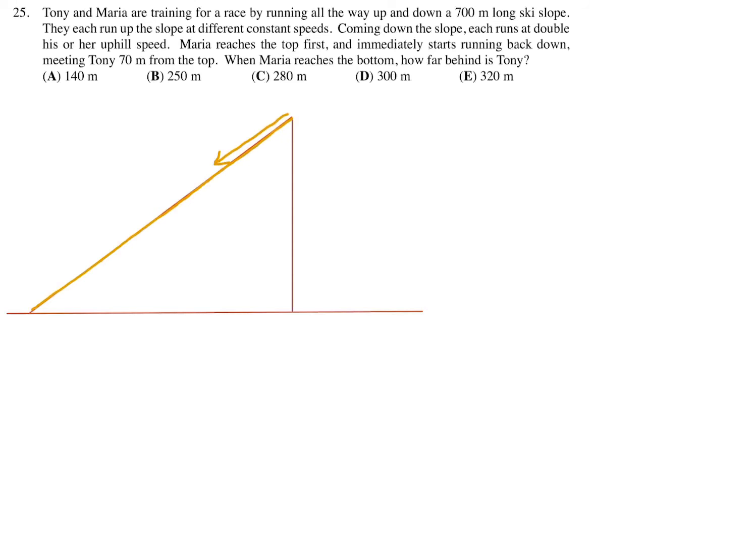Okay? And when she is right here, at this point, she catches up with Tony, and they've told you that that is 70 meters from the top, right there. They tell you that in the question. So Tony will have his path in green. He is going up the hill like that. And when he gets to that point, he and Maria meet for the first time. Okay? And then the second scenario is